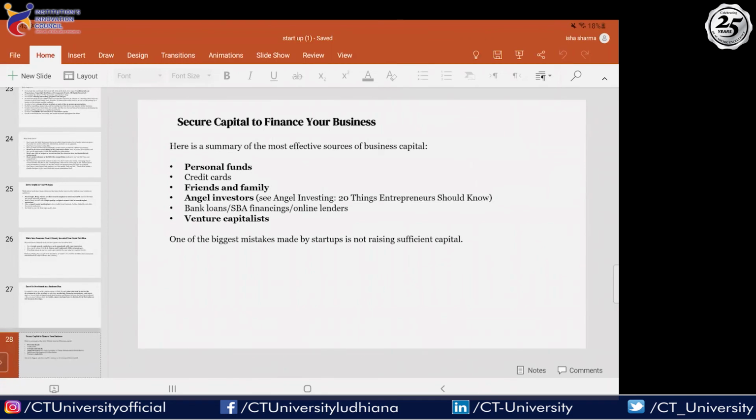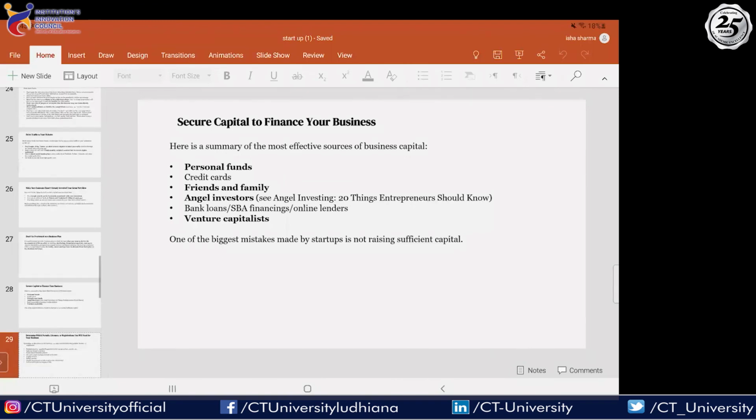So who are the people who can actually fund you whenever you have an idea? This is very important for most of the people. Having an idea and wanting to do something about that idea, you can either save money and do a bootstrap kind of a thing. So personal funds can be used. You can ask and convince your friends and family to fund your idea. You can, of course, reach out to angel investors and venture capitalists as well.